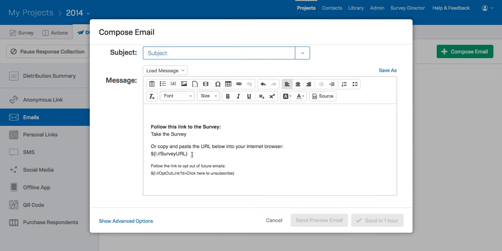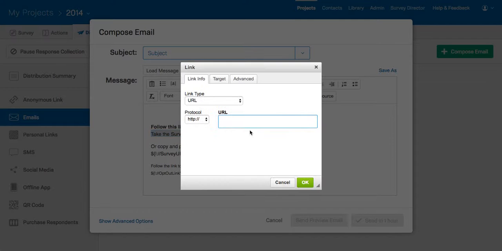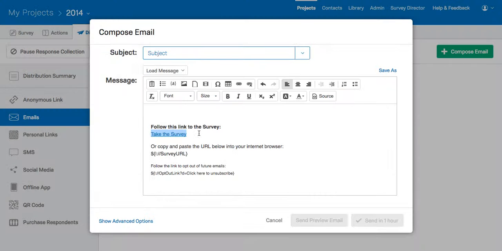But then all we need to do is grab the link here, so just copy this, and then we can turn this manually into a hyperlink by just glossing over it, going to the hyperlink option here, and then pasting in for the URL the piped text of the URL. So that hyperlinks it. In the background, that is literally just going to put in the link, but the text